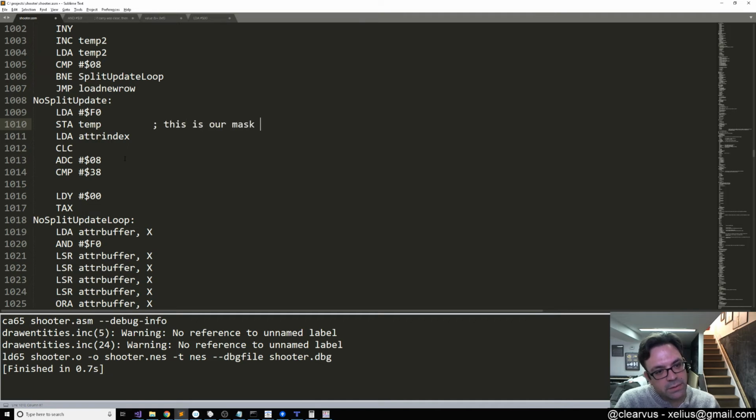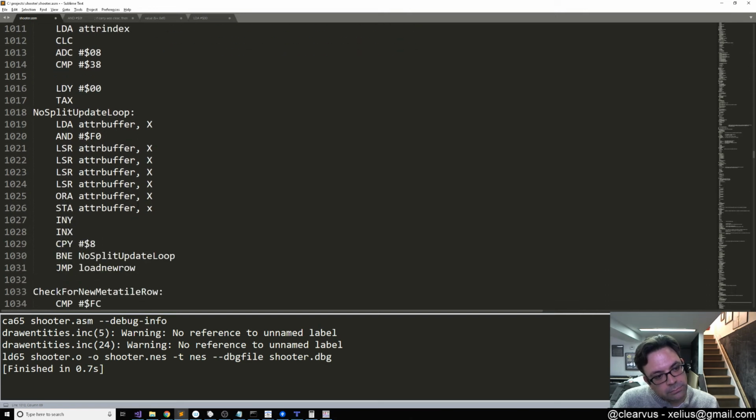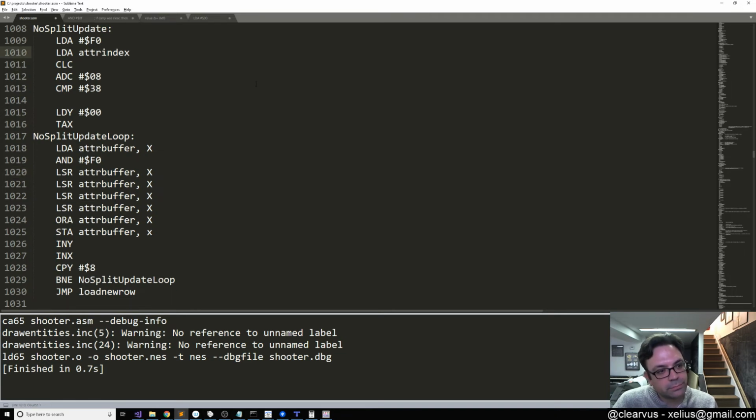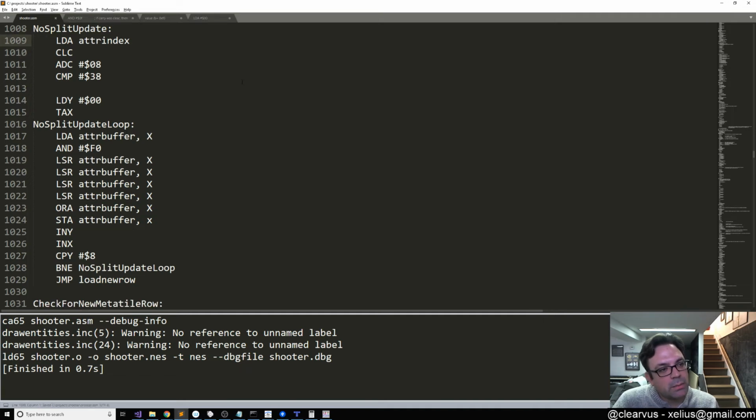This is our mask for the value we want to use. Okay, cool. Never mind. So compare to 38 hex, branch if equal to